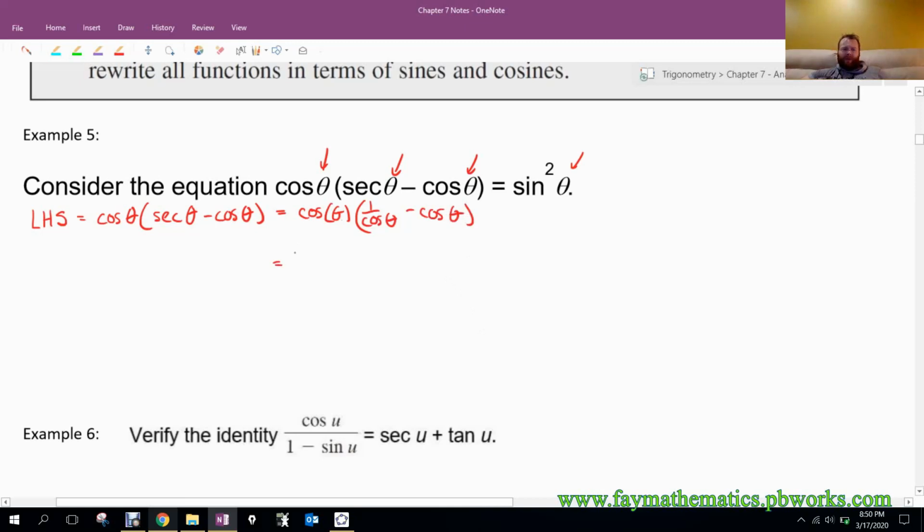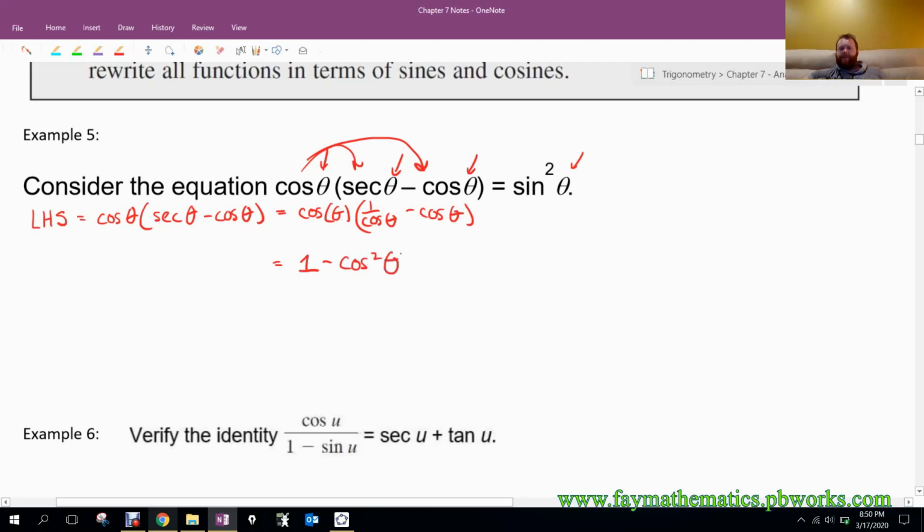And when I get to this point, when I've got everything transferred into sine and cosine, what takes over is the algebra. You have to do what the algebra says here. And even if I look at the beginning, the algebra says to distribute. So that's what I'm going to do. Cosine theta times 1 over cosine theta. Those are reciprocals, so it's going to give me 1. And then cosine times cosine